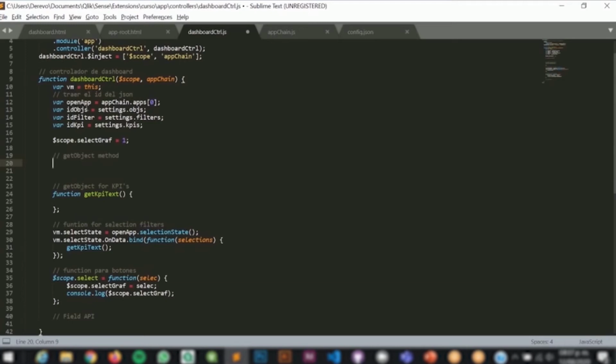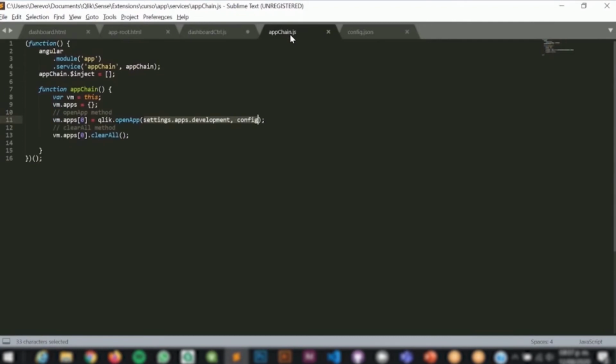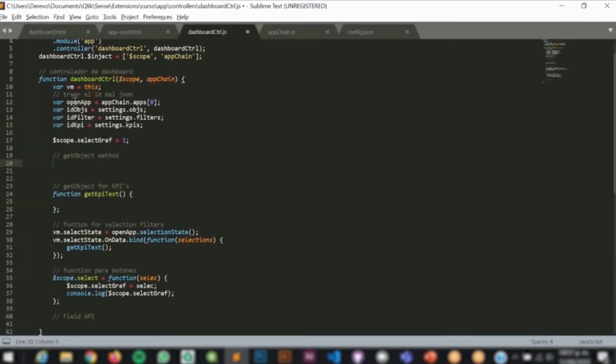I put it in this variable so I can have it more easily at hand, and then I put it here. Okay, so what we're gonna do is take our open app that we have here